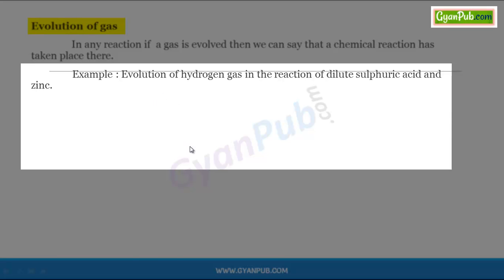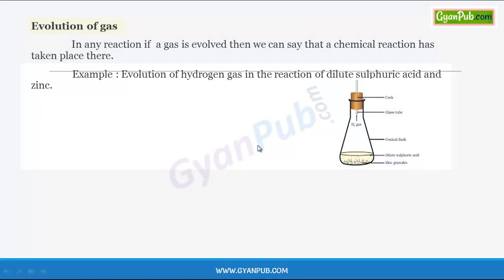Here there is a flask in which dilute sulfuric acid and zinc granules are present, and after reacting, H2 gas escapes. So a chemical reaction has taken place, indicated by the evolution of hydrogen gas and change in